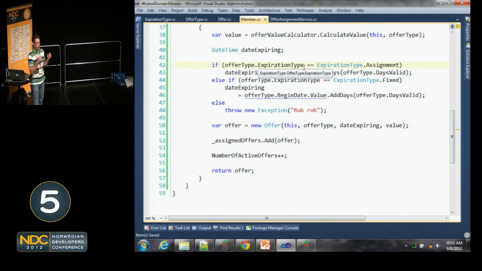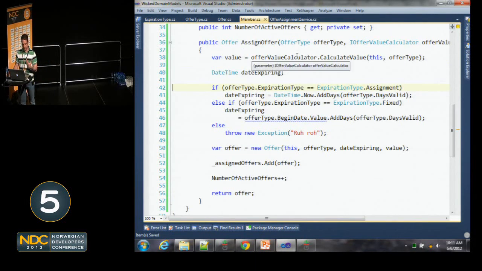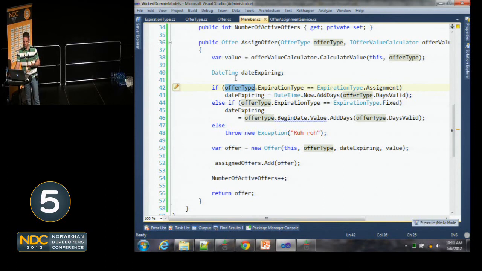Well, now that I have a real type that I can work with, I can start pushing this behavior down. So instead of saying, well, let's make the assign offer method responsible for this, how about we make the offer type object responsible for this? The reason I know that offer type is the right object to use is because if I look at this method here, it says offer type